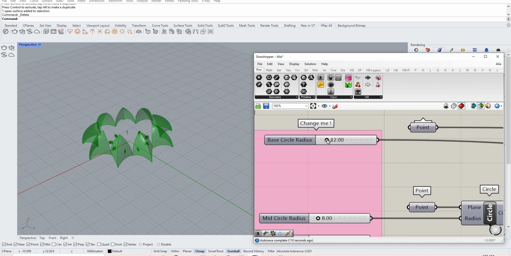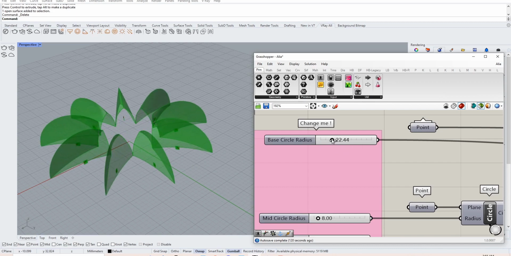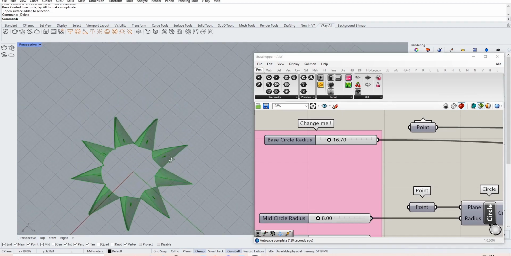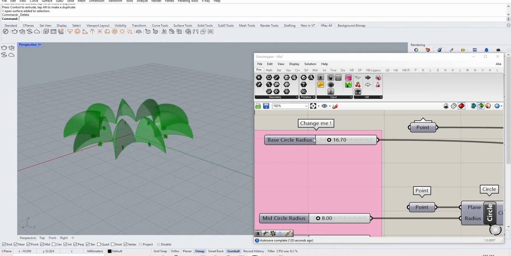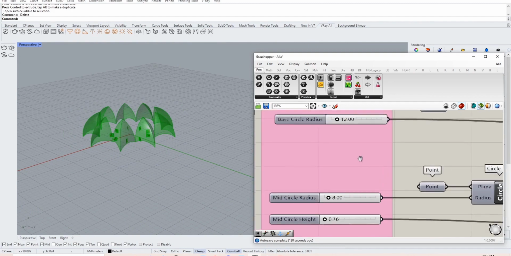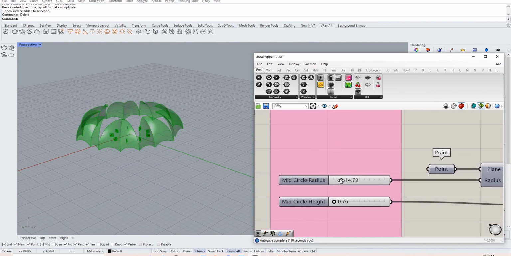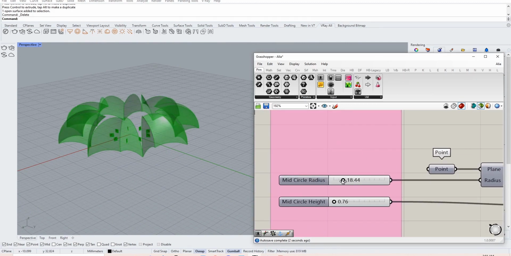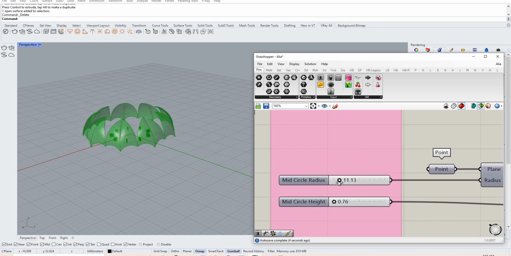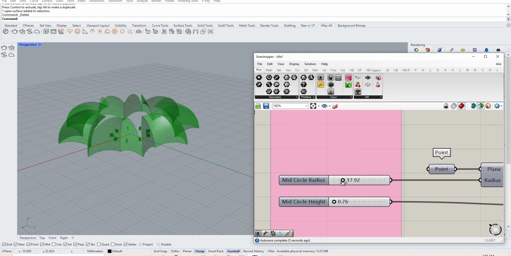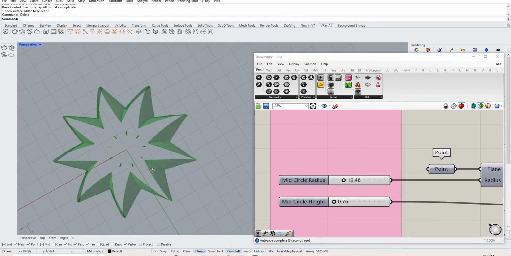So when it comes to the ribs, by simply changing the radius and height of the different circles we use to construct them, we can get introduced to so many interesting options. For example, here we can have a more exaggerated curve. For the mid circle, if you change its radius, it actually does the opposite effect. So it becomes curved inwards and outwards by the outer segments